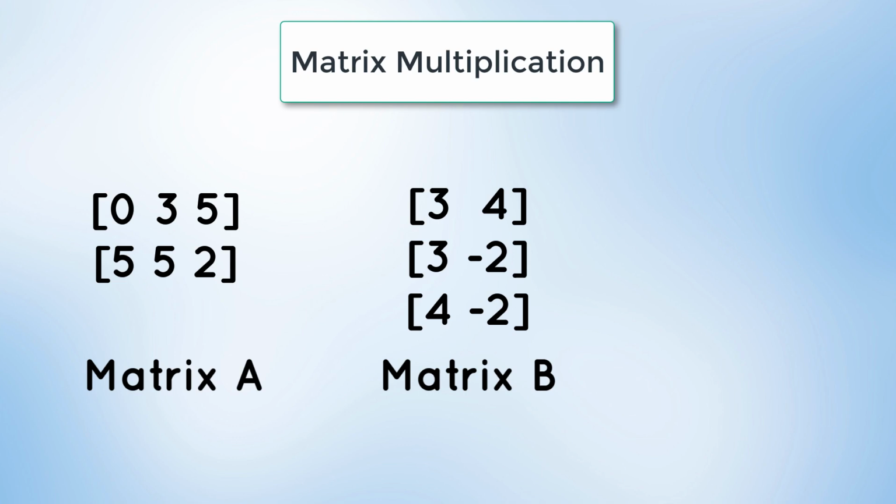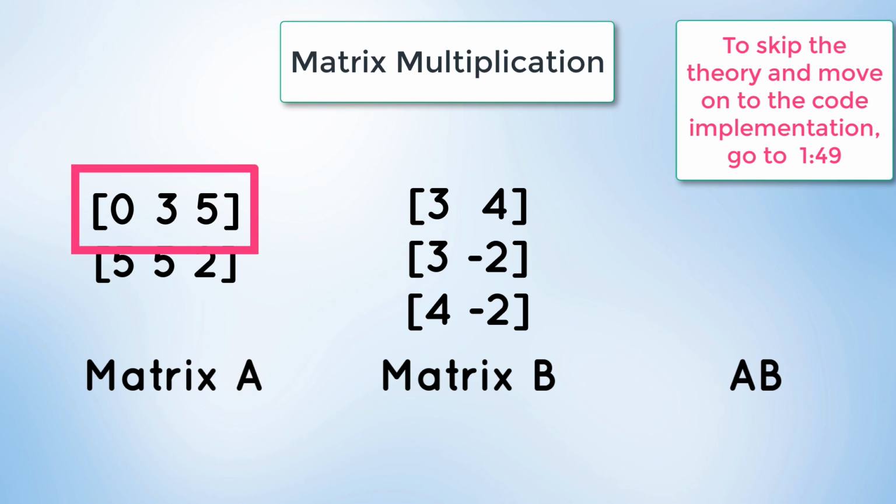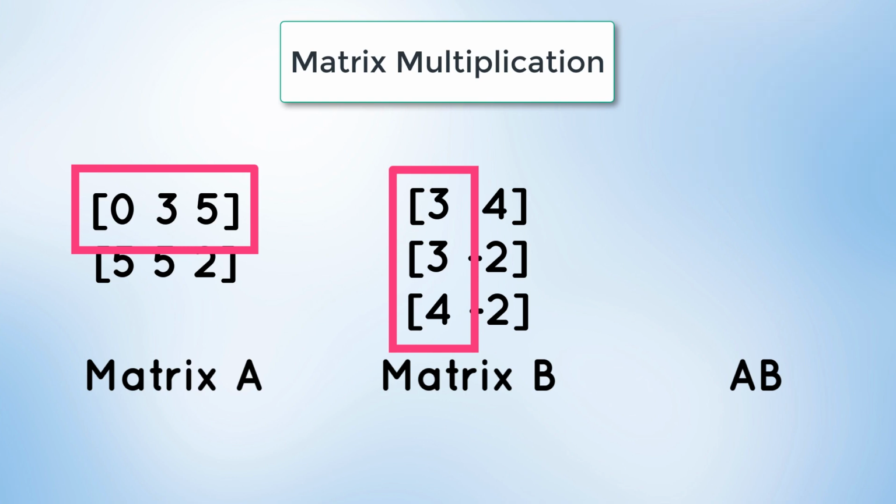Then the product of matrices A and B is defined only if the number of columns in matrix A equals the number of rows in matrix B, which is exactly the case, since matrix A has 3 columns and matrix B has 3 rows. And so, given that the condition is satisfied, the way this would occur is you multiply